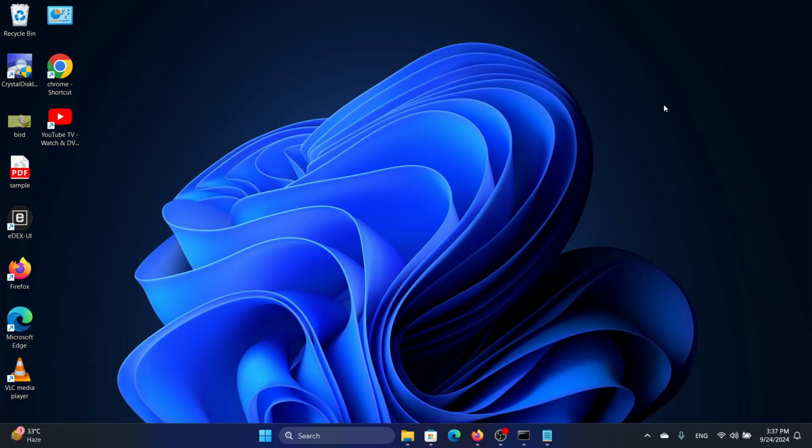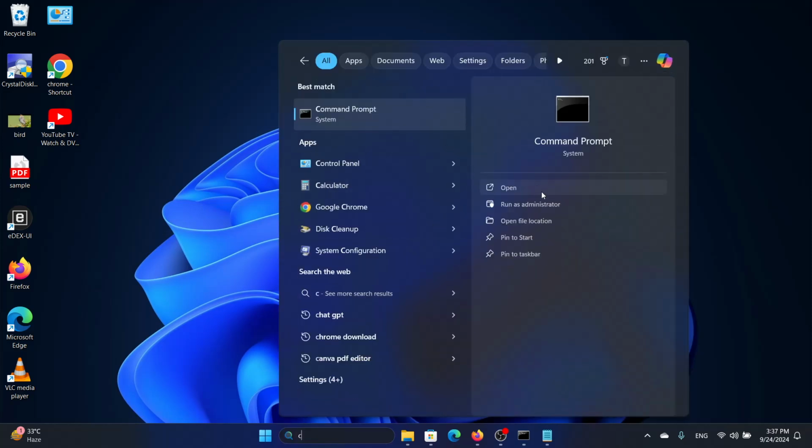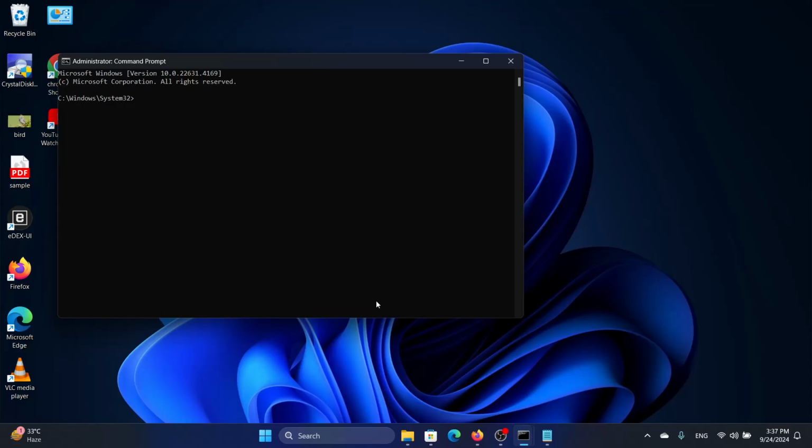If you wish to know how to hoodwink data recovery software, then watch this video. Now the first thing we'll do is open command prompt in the administrator mode, and in the elevated command prompt we will type the command CIPHER space slash W hyphen. Now what this command does is it overwrites the deleted data, so the data recovery software cannot access the deleted